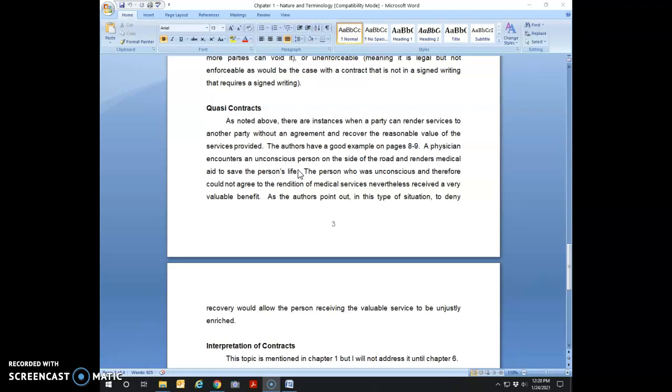So in those three examples, the doctor rendering aid to the unconscious person, my neighbor snow blowing my sidewalk and driveway, and the painter fixing the furnace, in the first example, the unconscious person received something of tangible value. In the other two examples, I received something of tangible value. And so the question becomes, in these instances, should there be compensation? And I'm at the end of this 15-minute segment, so I'll pick up with the answer to this question in the second